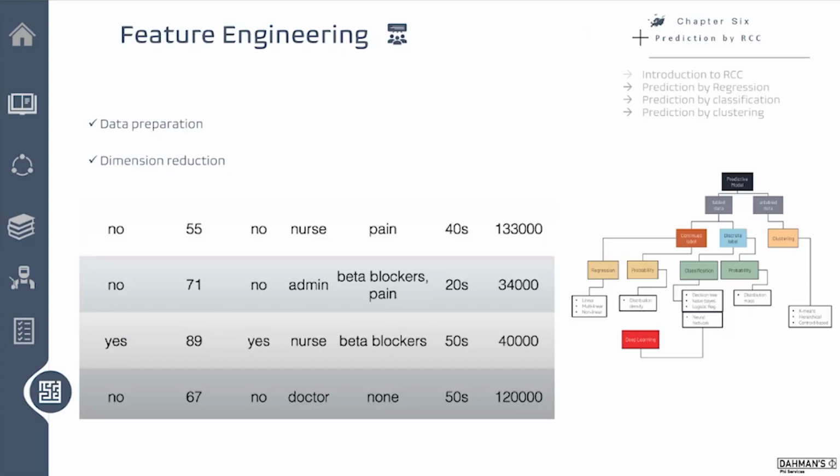Hi, welcome back. So we are in Chapter 6, Prediction by RCC, at the last unit of prediction from the start to the end. We have accomplished all what we need to actually understand concerning the map of prediction that we established from the very beginning of this course. So I hope now by the end we are able actually to establish our own framework once we start looking